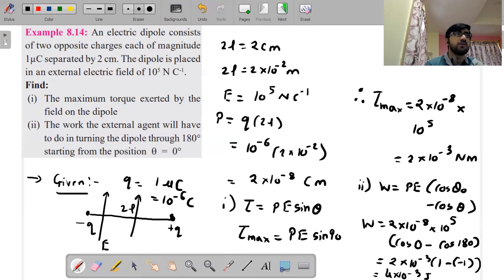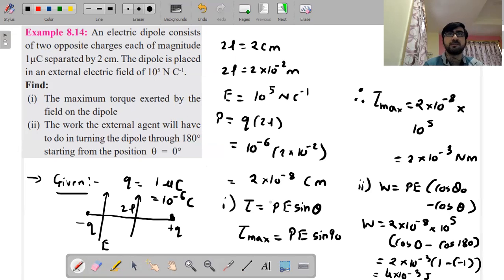मैं वापस रिपीट कर देता हूँ, आपको एक इलेक्ट्रिक डायपोल दिया है which consists of two opposite charges each of magnitude 1 microcoulomb separated by 2 centimeter. इस डायपोल को एक्सटर्नल फील्ड में रखा है and the field strength is 10 power 5. ओके, सो 2L इक्वल टू 2 सेंटीमीटर दिया है, E की वैल्यू दी है, आप डायपोल मोमेंट निकाल सकते हो। फिर आपको पूछा है मैक्सिमम टॉर्क कितना होगा इस डायपोल पे ड्यू टू फील्ड।